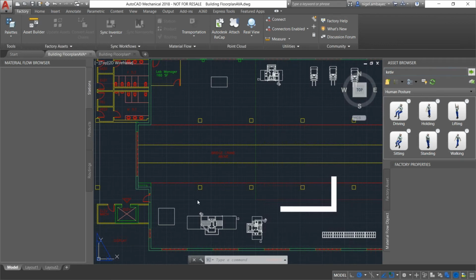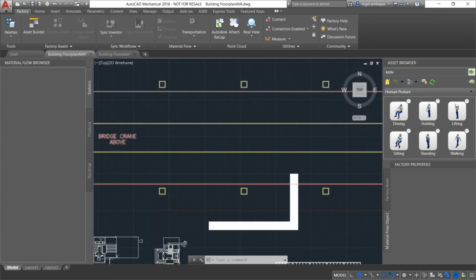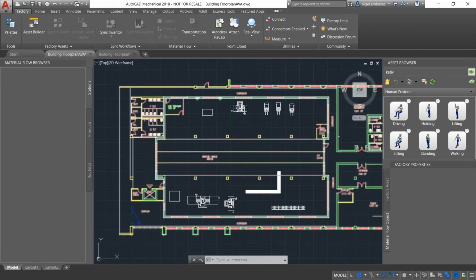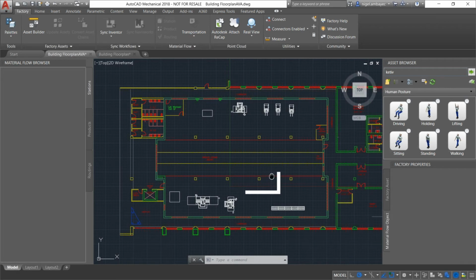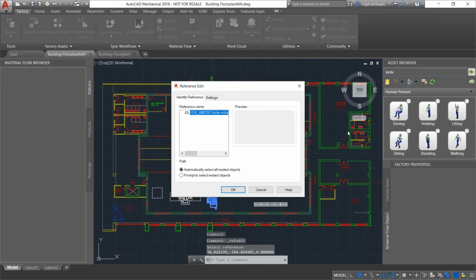So once you put all of these objects in here, I know that this is probably not the best flow of a factory that I've seen in a while, but you get the idea of how you do this. Essentially, once you fix where all of these things go, you can go to Inventor. But before we do that, if you click any of these factory assets, and